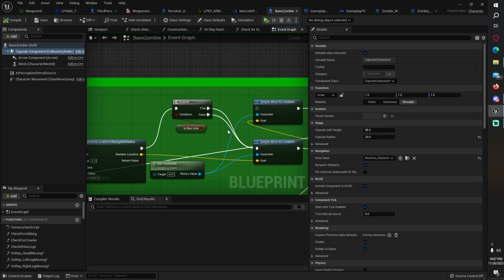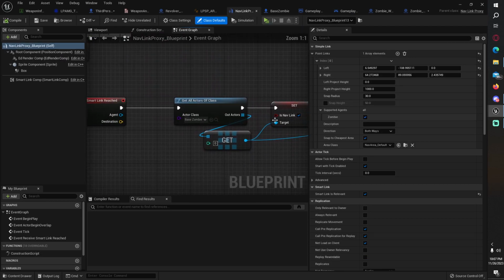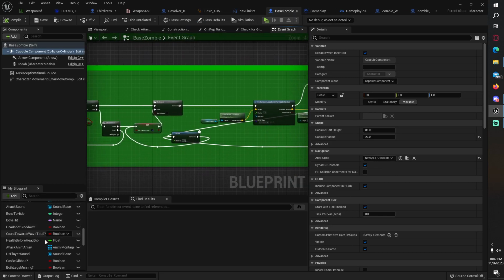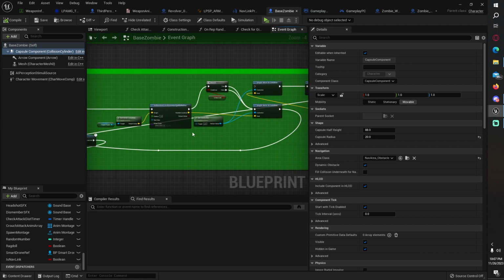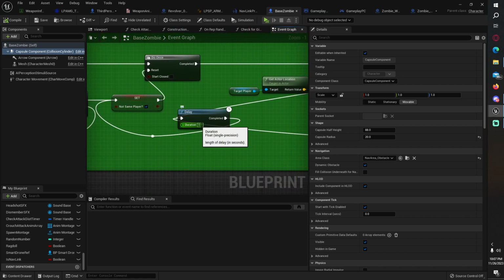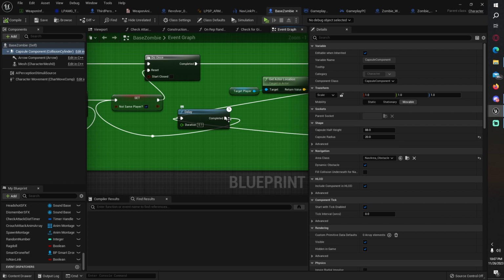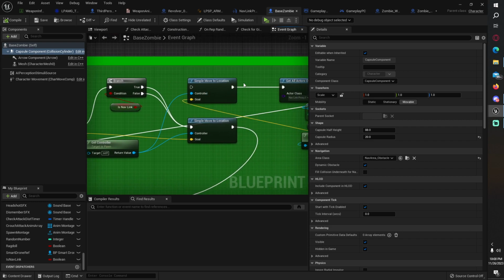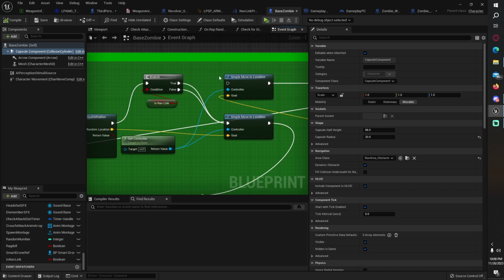I was trying to use the nav link here to set is nav link, which I made a variable in the zombie called is nav linking. So if he's nav linking, then set a delay here of 1.2. So as long as he's nav linking, it will not update chase player. That doesn't work. I don't know why. So yeah, I had it here, but I had it on simple move 2, tried to, I don't know. If you can come up with a blueprint that works, this is the fix, because